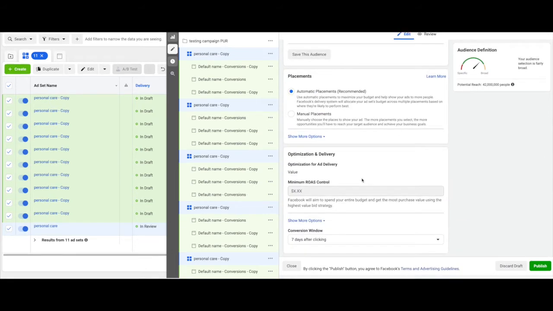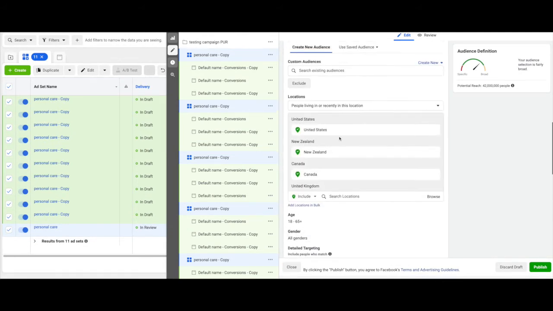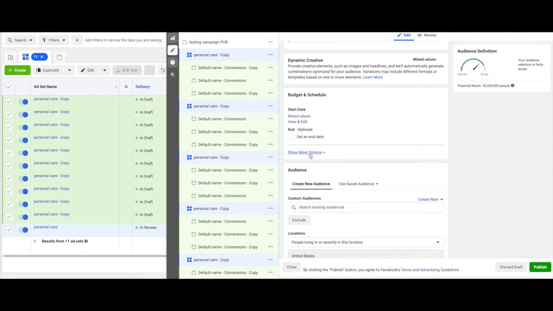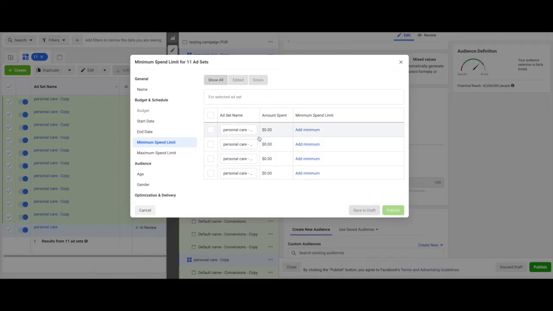So let me see here. Where did they put that? Spend limit right here. So you just go through here, add a spend limit. Generally what I like to do, I take the total budget of your campaign, divide it in two, so $50, and then divide that amongst all of your ad sets evenly, so you have 10. So you can do anywhere from like, yeah, like $5. It'd be $5, but